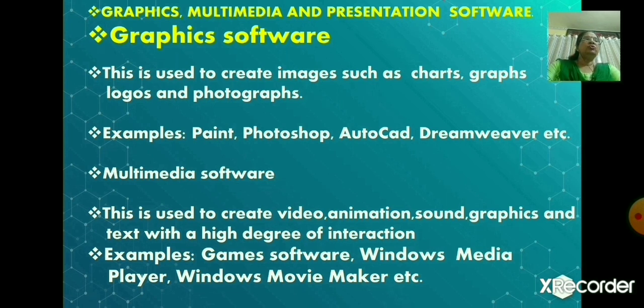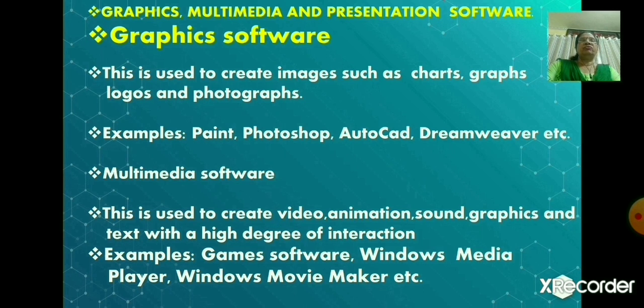Dreamweaver is used to create a web page. AutoCAD is a CAD software, used in engineering firms and architecture. So they are using that AutoCAD software package.